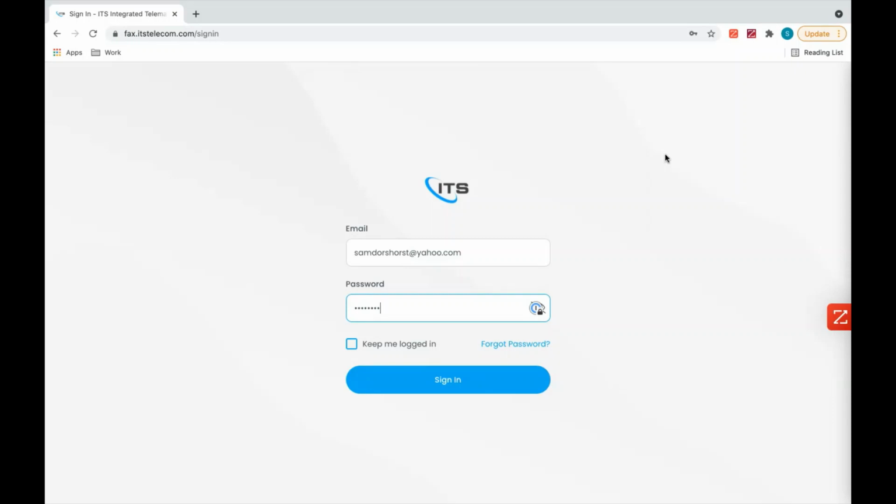Before I get started, just wanted to let you guys know that I will be mainly focusing on the web portal today. We do offer a couple of different ways to send and receive faxes. We have an email to fax solution, which allows you to send and receive faxes directly via email. We have a print to fax driver, which allows you to send an outbound fax directly from an open document